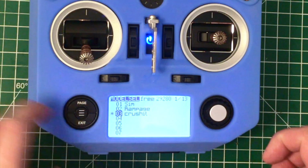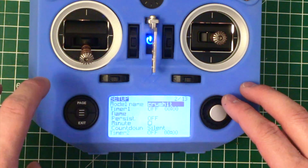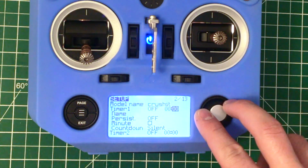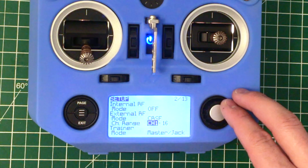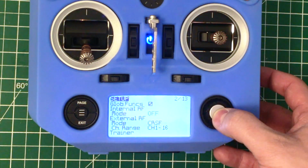What I'm going to do is press the center button once so I get to page 1 of 13. Press the page button. And then I can scroll to the very bottom. A shortcut is I can actually scroll backwards to go up. And we're going to turn off the internal radio and turn on the external radio and set it to CRSF